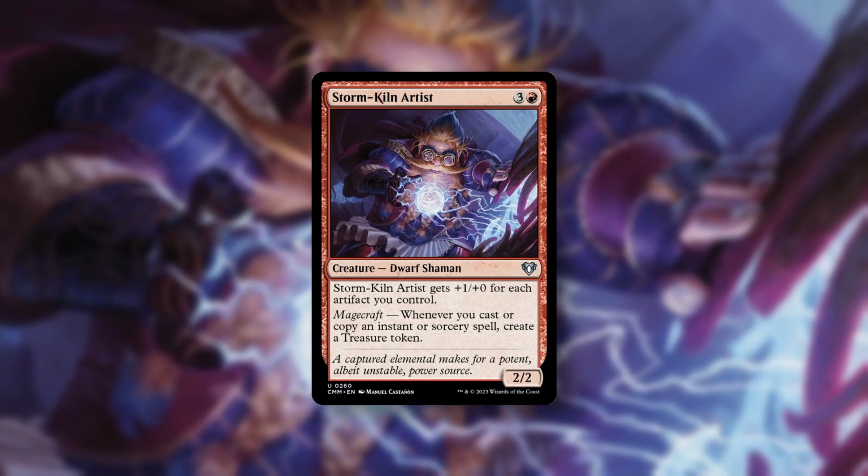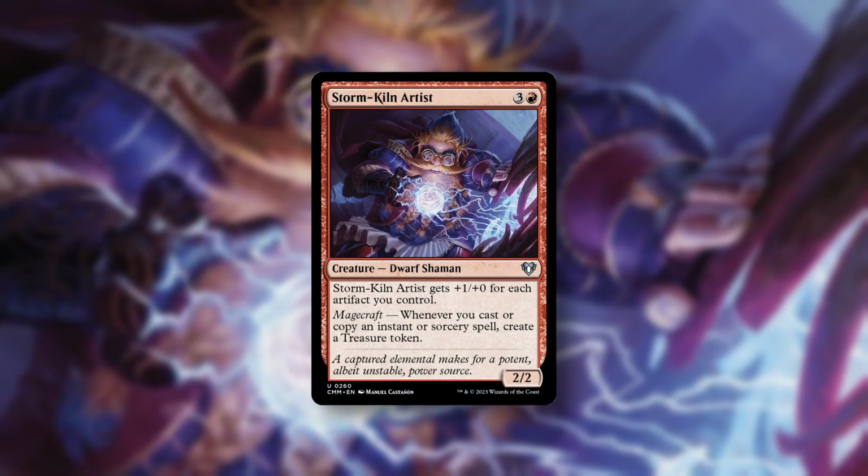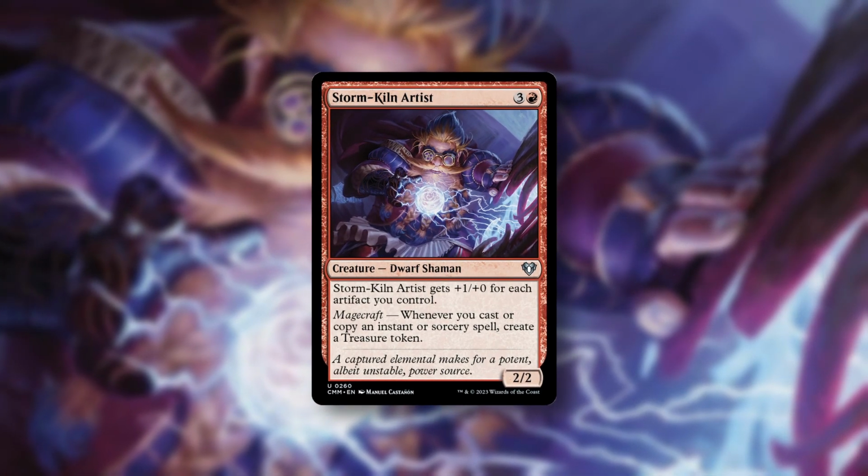Stormkiln Artist from Commander Masters is sitting at 60 cents and still does the same amount of heavy lifting it always did. 3 and a red for a 2/2 Dwarf Shaman that gets +1/+0 for each artifact you control. Whenever you cast or copy an instant or sorcery, create a treasure